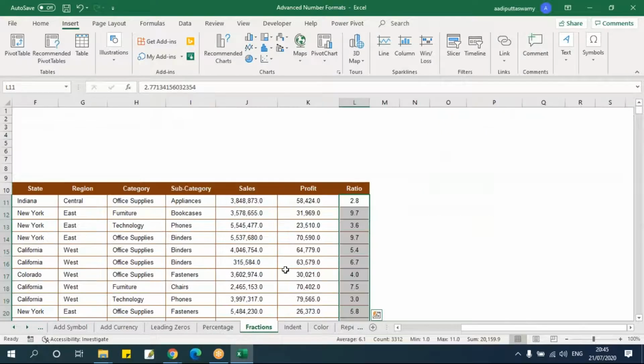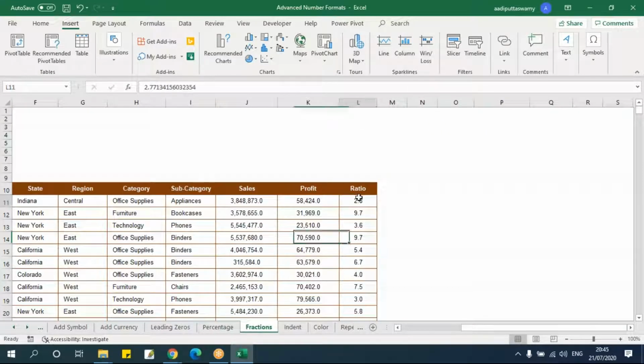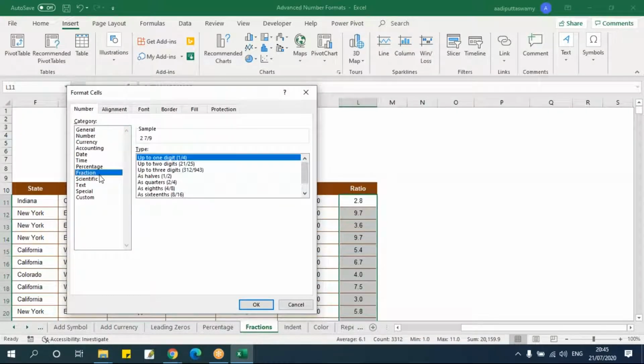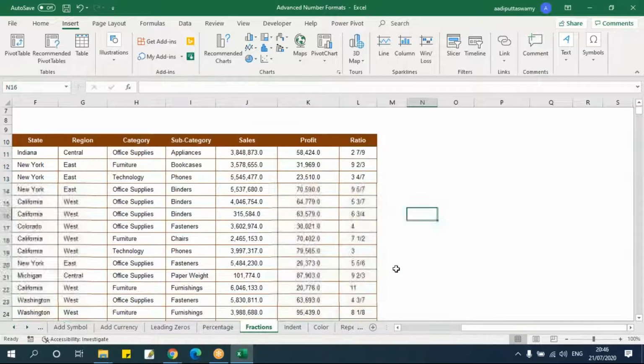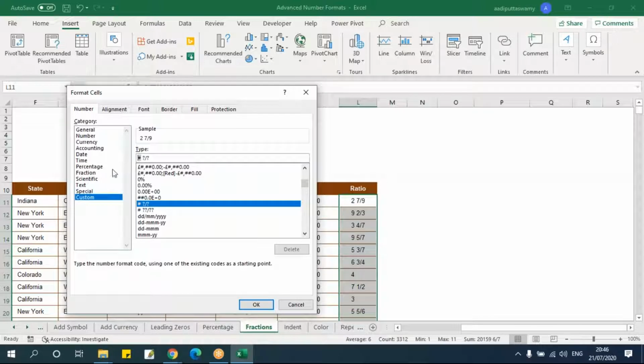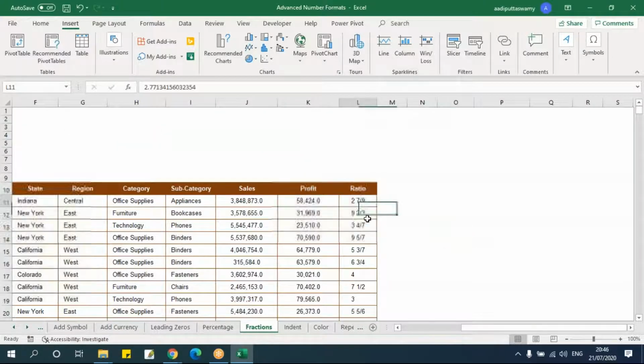Okay, fine. Let's go to this fraction. Fraction again, that is left to you. So what these fractions will do is convert this decimal number into a fraction. I'll not take much time here. Just click on this fraction. So you'll get this fraction value. Wherever the values are there, it will give me the fraction form of the values. If you go to custom format, it will give something like this. One is for the number placeholder, and this question mark means a placeholder for a number, that is a single digit or whatever. It will convert this into fractions like this, right?